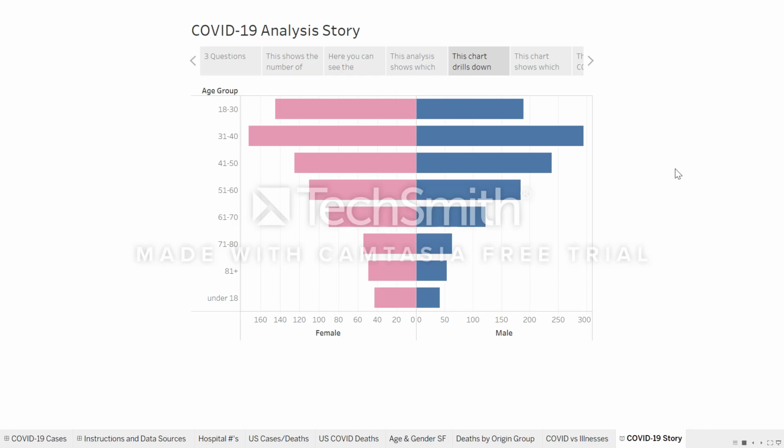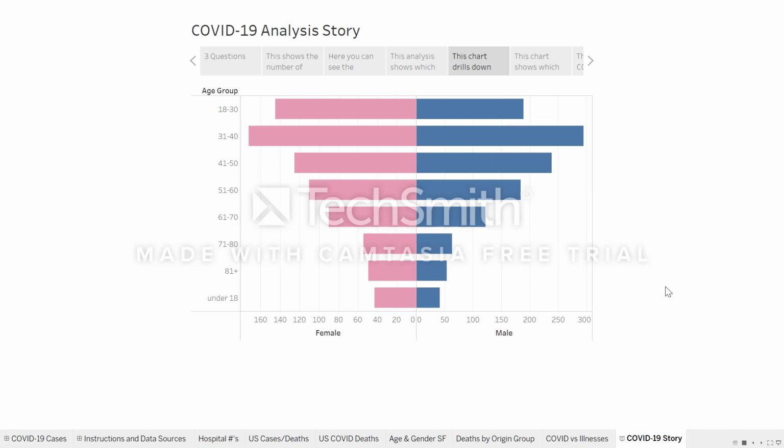In order to create this chart, I actually had to create two new calculated fields, male and female. These were created using if-then statements that looked up the gender attribute in the data table and then found its corresponding amounts in the confirmed cases attribute in the data table. So, for example, if gender equals female, then the confirmed number of cases for that age group would be lumped together on this female side.